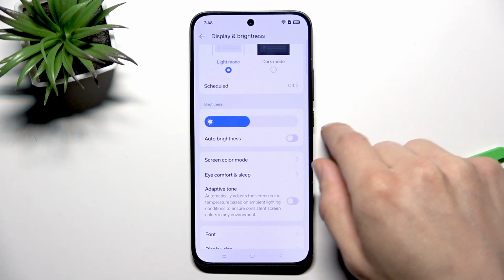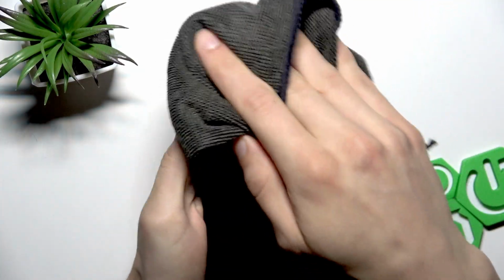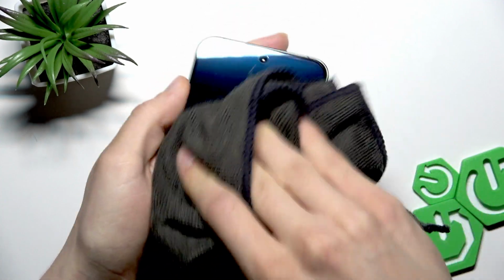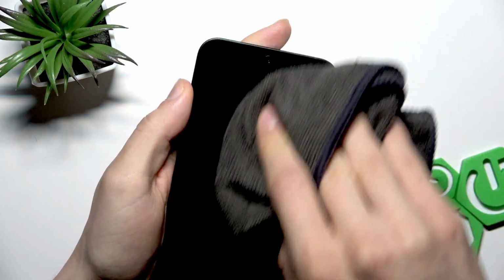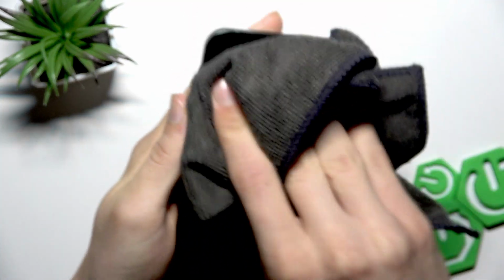can do is turn off the screen, then grab a piece of dry cloth or a paper towel alternatively, and then wipe the surface of your device's screen, especially near your camera where the ambient light detectors are located. Then